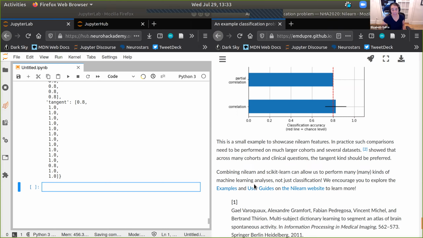And also very soon, hopefully, we just recently merged in the library Nistats, which I didn't really talk about today, only because it's not yet in any officially released version of Nilearn. But eventually, when we make the next release, it will be in there, and that will allow you to do general linear modeling directly in Nilearn, which will really expand its functionality quite a lot. So that's something to look forward to.